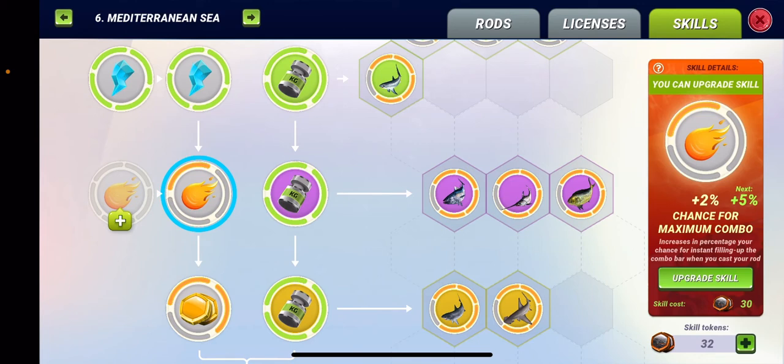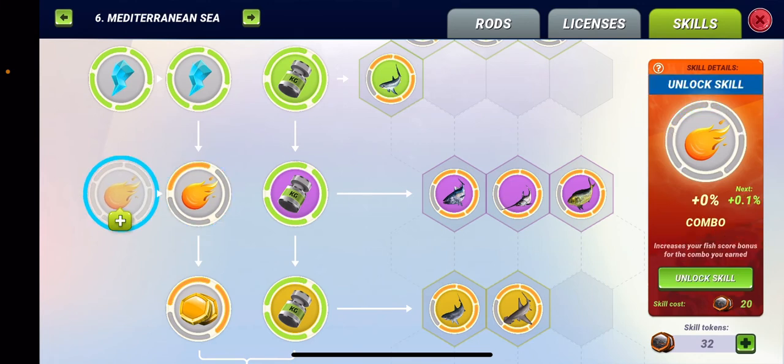The first segment will increase your chances by 2%, it costs you 10 tokens. Second segment will increase your chances by 5%, it costs you 30 tokens. And the third segment will increase your chances by 9%, it costs you 90 tokens. So to complete this skill, it's 130 tokens. Moving to the left,